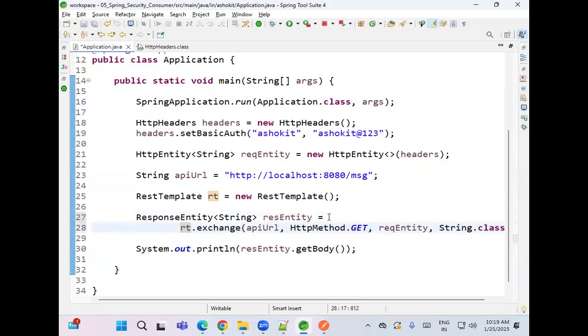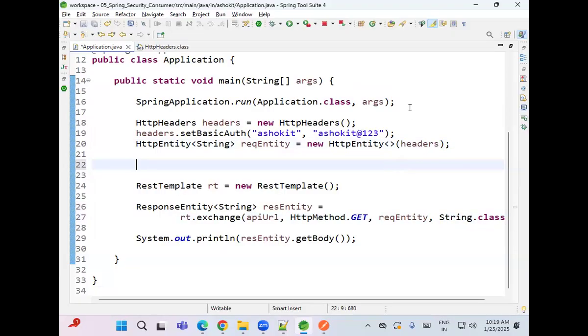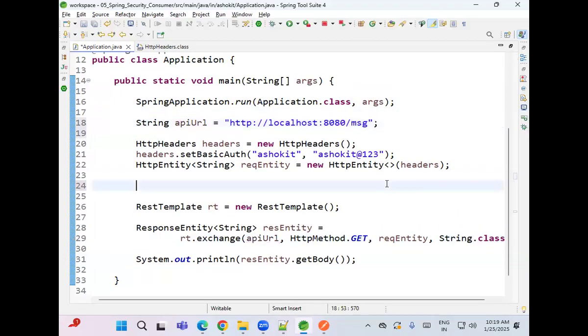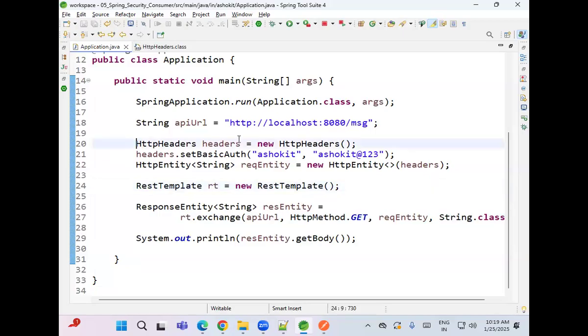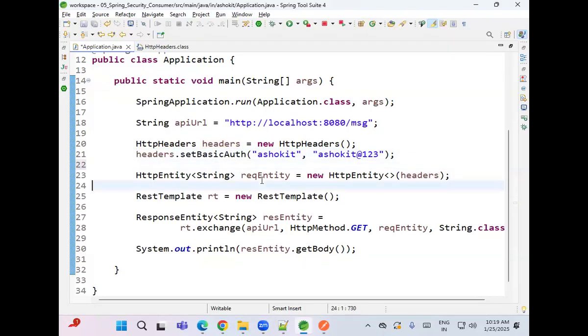This is the approach to access secured REST API using RestTemplate. Suppose if the REST API is not secured, directly you can call getForEntity method. But why am I using exchange method? To send the request entity in the header. I want to send request entity in the header, so for that I am creating headers object. For the header, I am setting basic auth credentials. That headers I am passing to request entity, and that request entity I am passing to